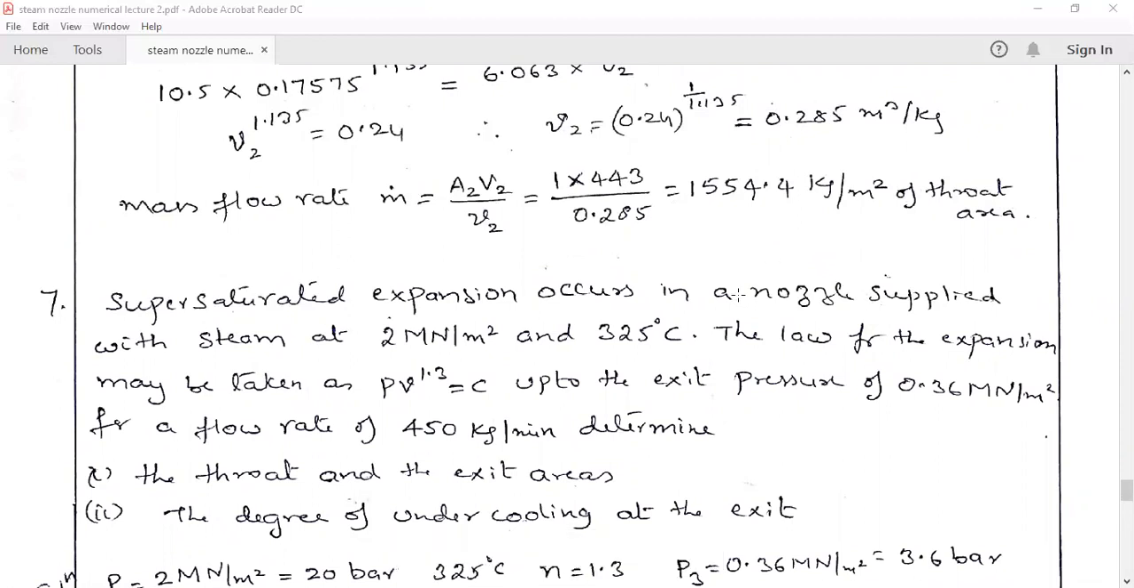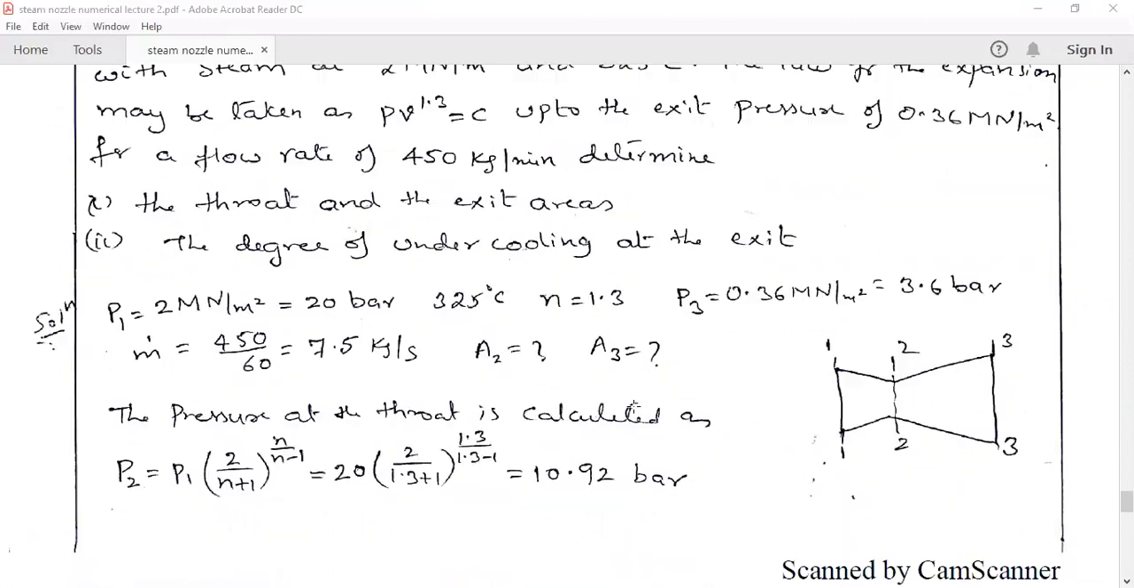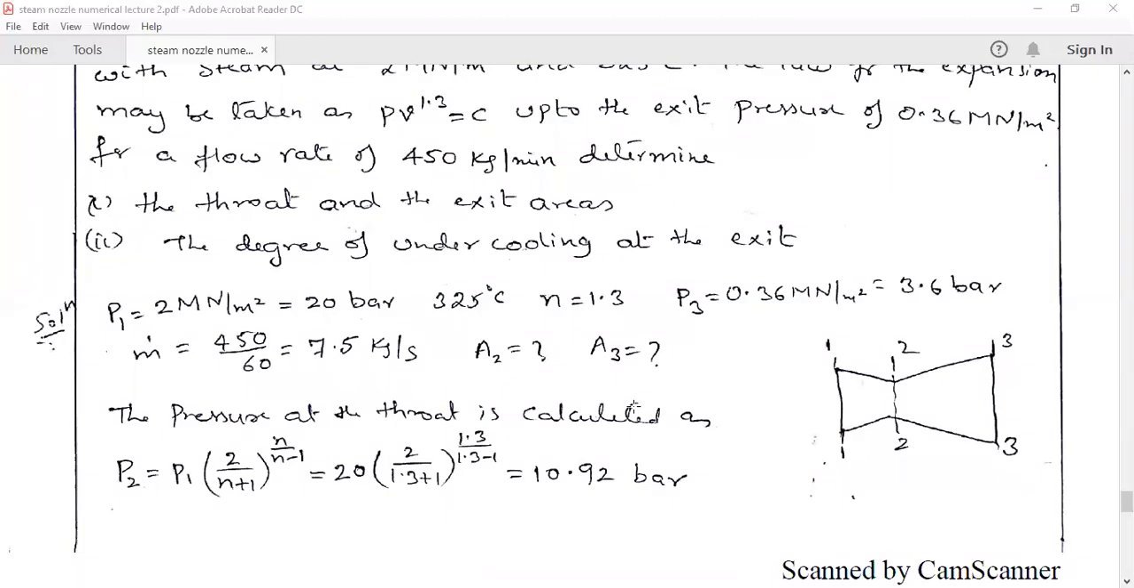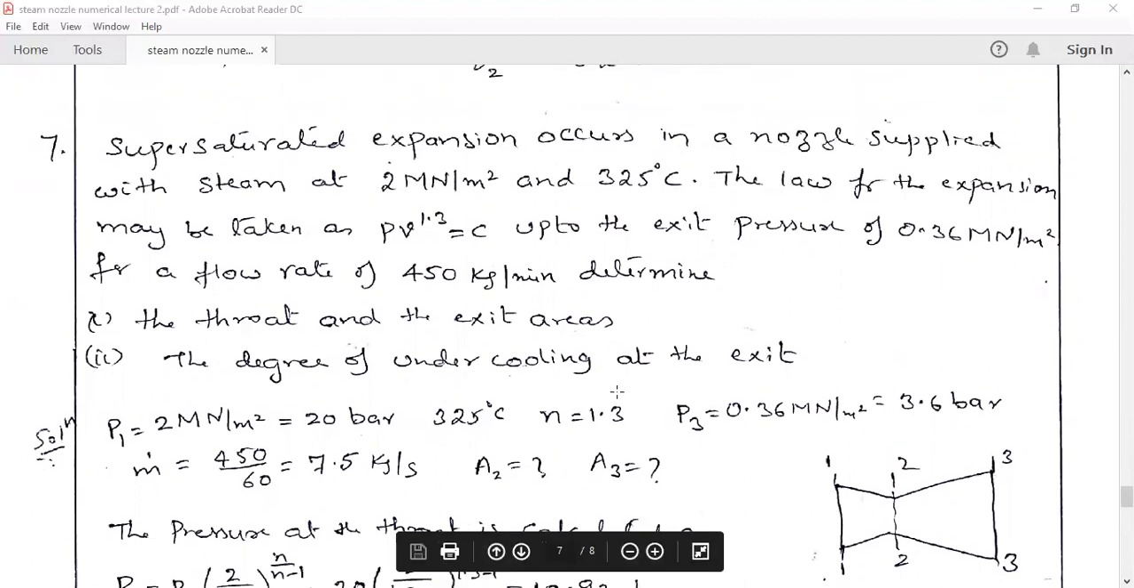Now go to the last problem. Here the supersaturated expansion occurs in the nozzle. So what do you mean by supersaturated? We have seen that the exact condensation will not occur on the dry saturated line. Below the dry saturation line, the supersaturation occurs. That line we have already explained in the previous lecture as the Wilson line. So now there is a supersaturation